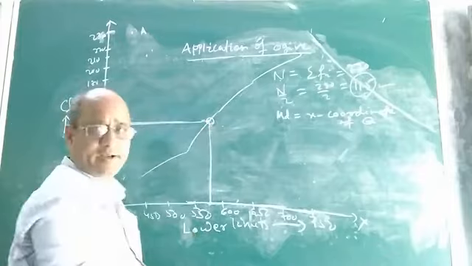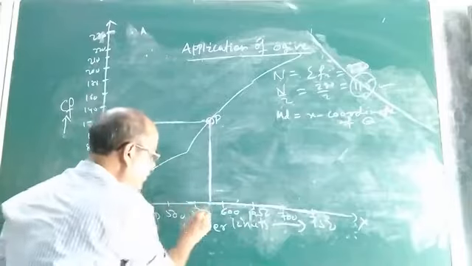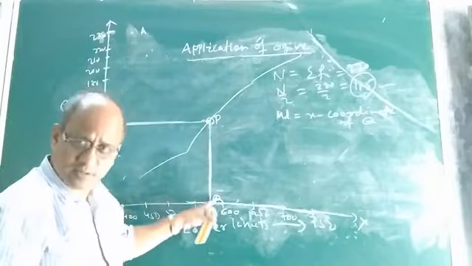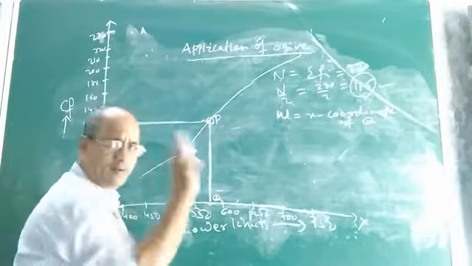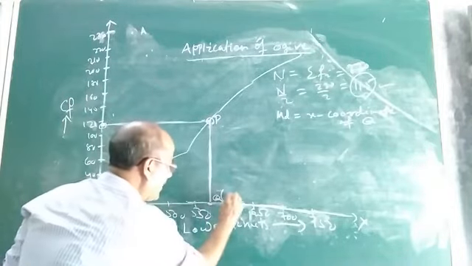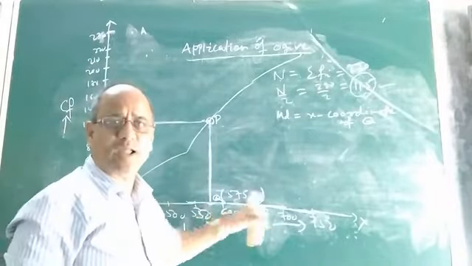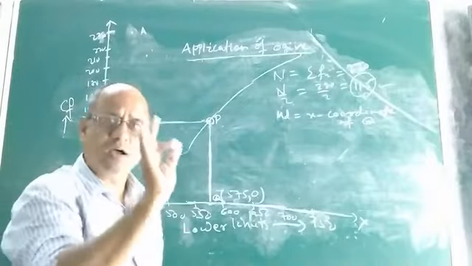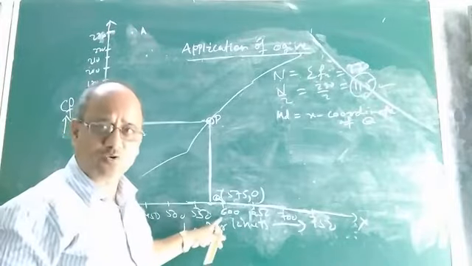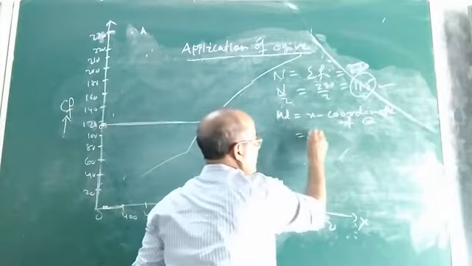Suppose it intersects at this point, P. Then from this point you draw a perpendicular to the x-axis. It will intersect the x-axis at some point, Q. Now this point has two coordinates, the x coordinate and the y coordinate. Find out the x coordinate of Q. The x coordinate will be 575 and the y coordinate will be 0, because the point Q lies on the x-axis. So its ordinate must be 0, and the x coordinate is some real number. So in this case also the median is 575.